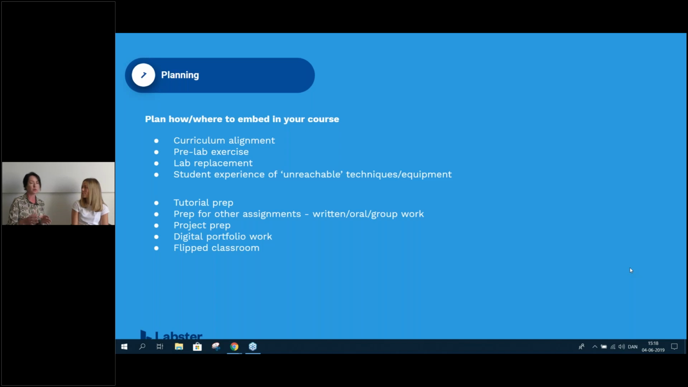So this is all kind of digital portfolio work that students increasingly do. And Labster I've seen built into these digital portfolios as well. So it's evidence of digital learning, and that's a great place to put the product as well. And lastly is the flipped classroom, where